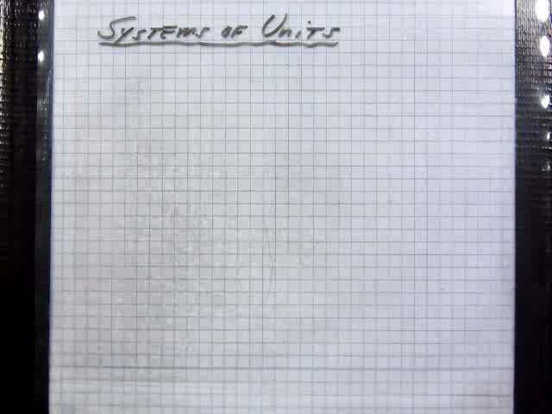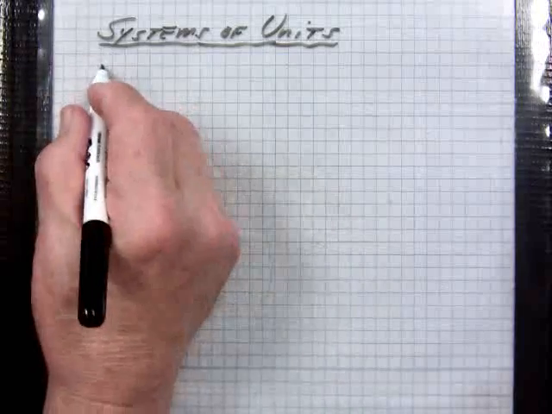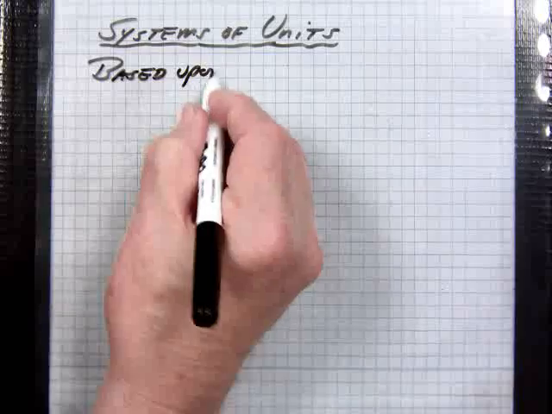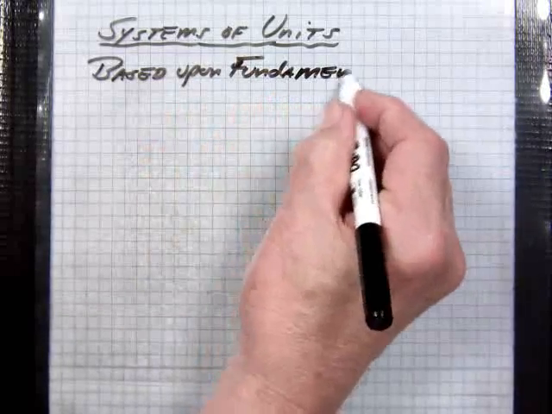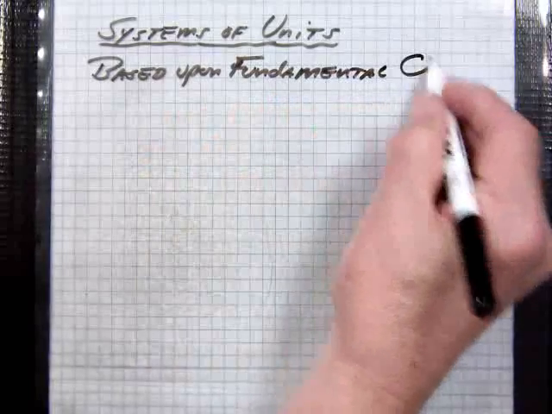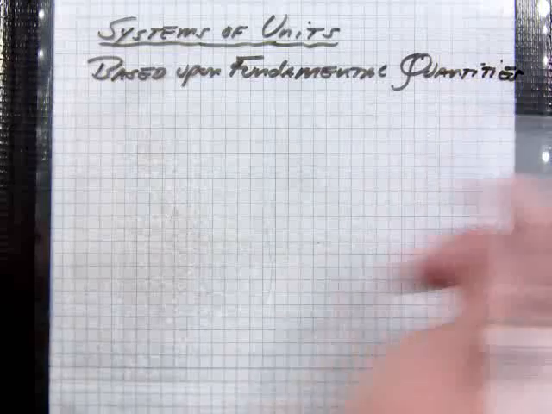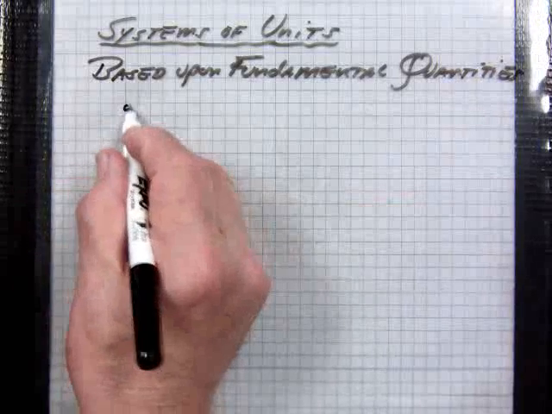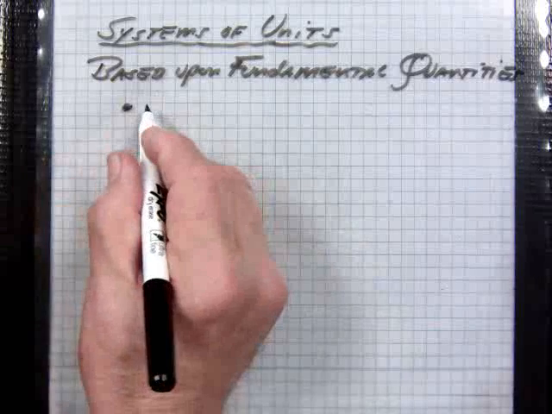Now, these systems are typically based upon what we call fundamental quantities, and that is the definition of whatever we're trying to measure. There are actually 7 major fundamental quantities, and the ones that we will use most,